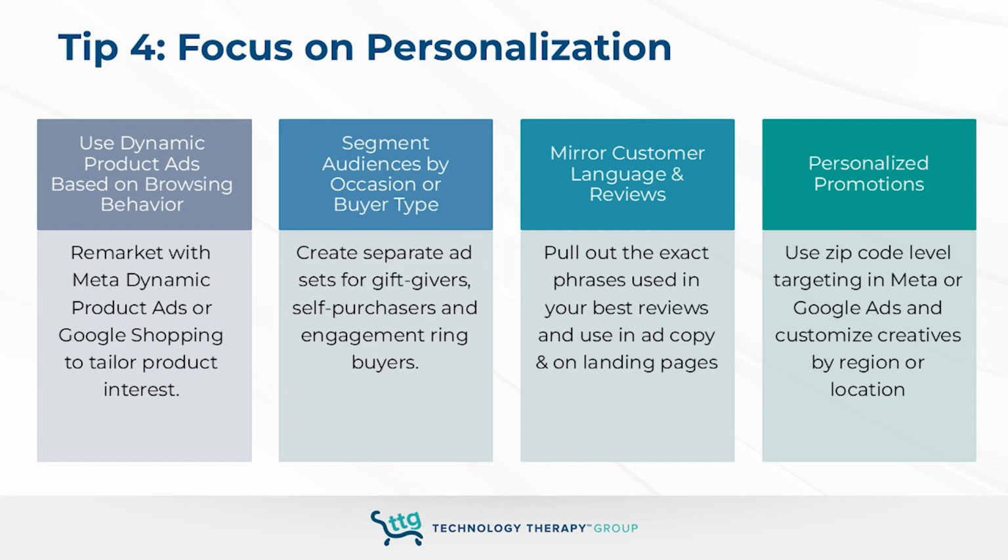And then last is personalized promotions. You heard me say it at the very beginning, okay? So use zip code, target Meta and Google ads to custom creations for certain regions, and test different things out. Which brings me to tip number 5,